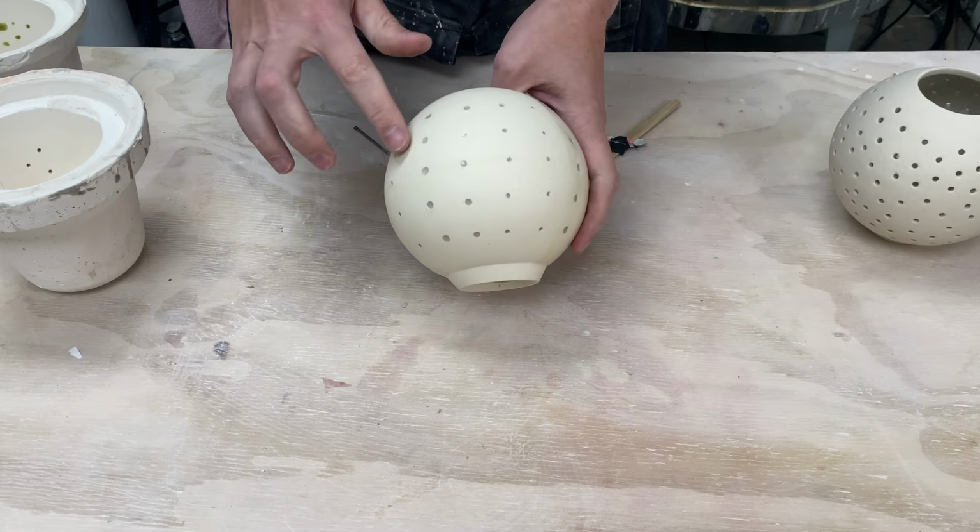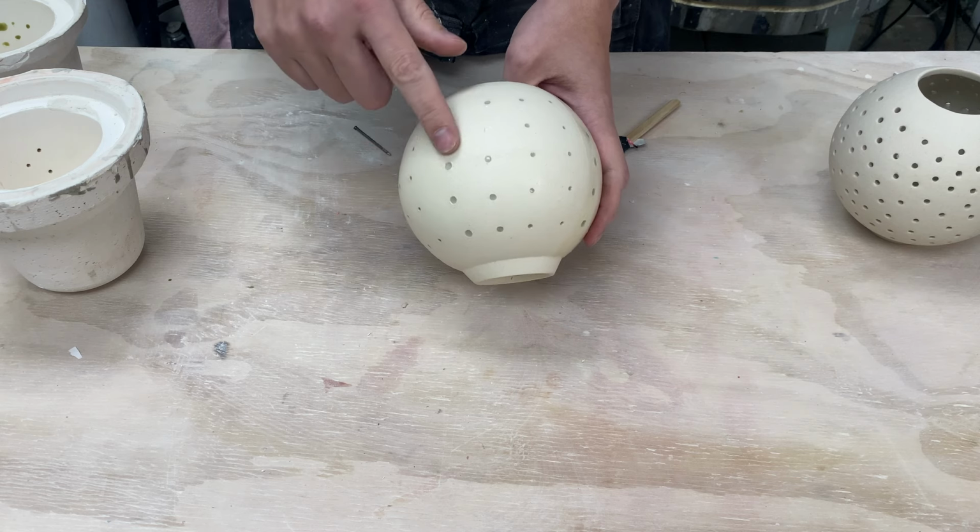However, the wax worked well. Basically all the slip dripped off pretty much right away. And so the question is, can I recreate that somehow, while also getting the size of holes that I want? So this test here where I tested the rice grain effect and glazes, I also tested a